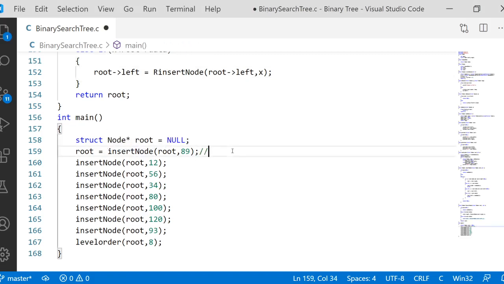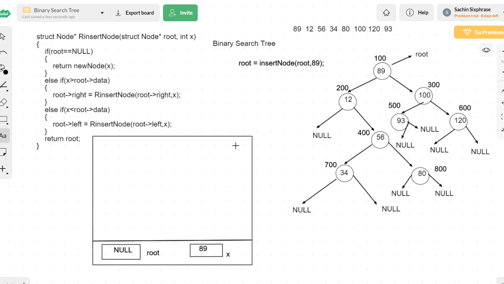So this insert node of root comma 89 has created a new node having address 100, and now root is taking the address 100. Whenever a return statement is executed for an activation record, that activation record will be deleted. Now this activation record we are deleting, and now again what is the next call?